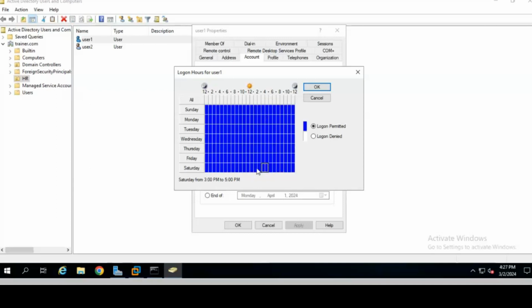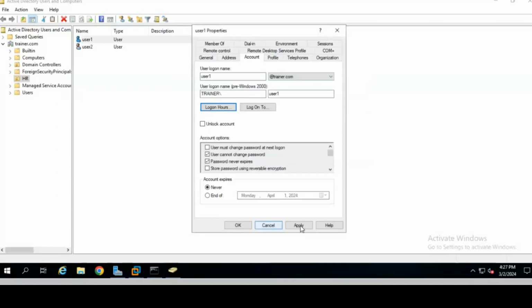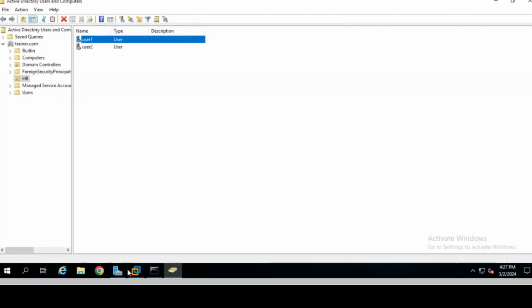This is 3 to 5, that's okay also. I will deny it. Click on Logon Denied. Now it is in white color, so the login denied time is 3 to 5. It should not be open from 3 to 5 p.m. Just click OK, then Apply, and OK.